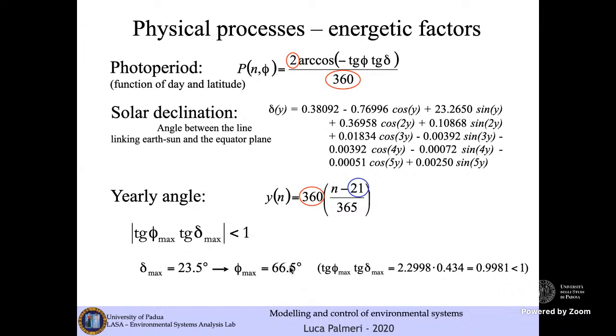And then if you consider the combination between the maximum value of the solar declination, that is 23.5, and the maximum value of latitude, that is 66.5, you obtain, consistently with the definition of the argument of the arccosine, a value that is smaller than 1. In particular, for latitudes that are higher than 66.5,